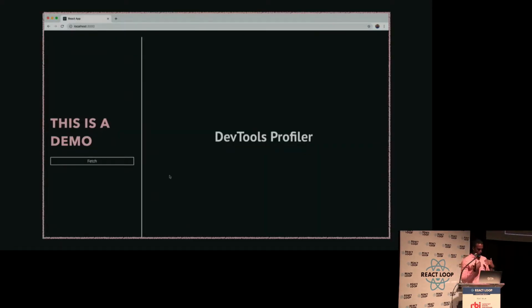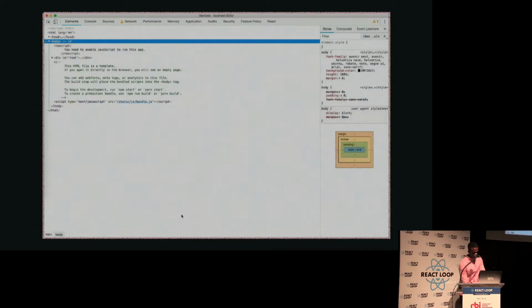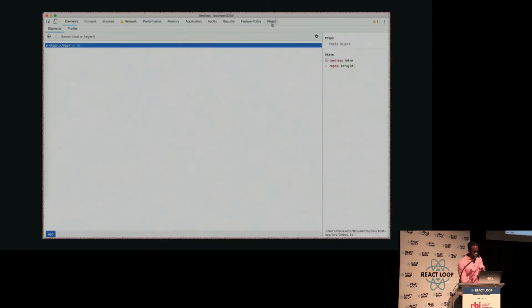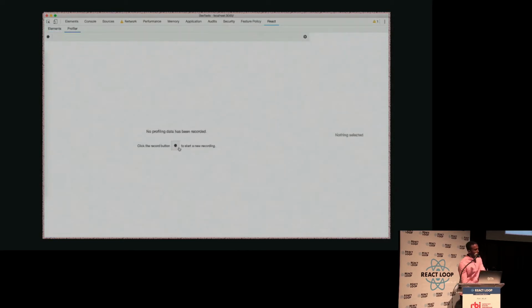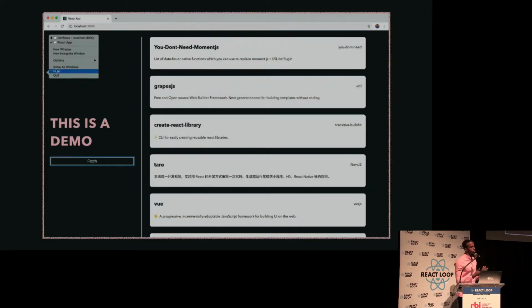Now, React took this a step further. React DOM 16.5 introduced a profiler tab to the React DevTools Chrome extension. The way that tab works is similar to the performance tab in the sense that it allows you to record interactions on a page. Here you can see a very simple example of an app that I built that allows the user to click a button, and then after a certain period of time, it fetches a list of top trending repos on